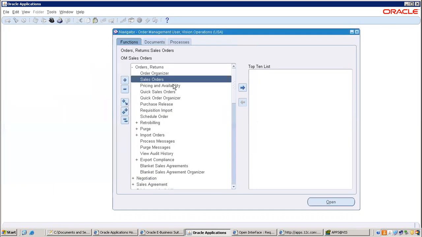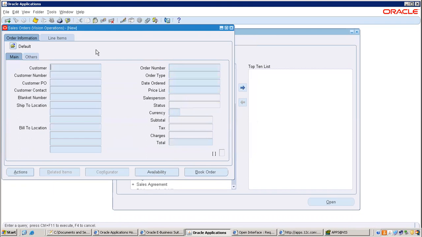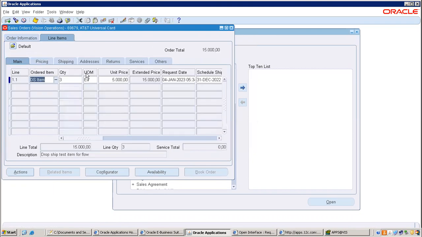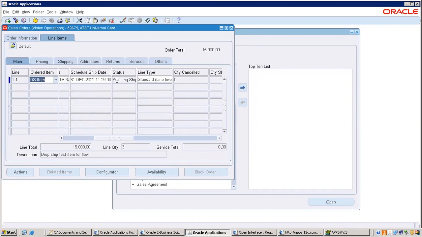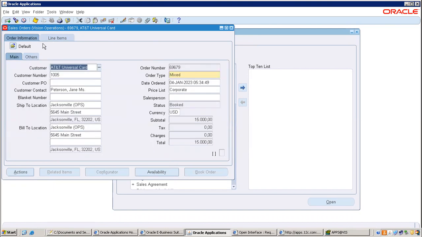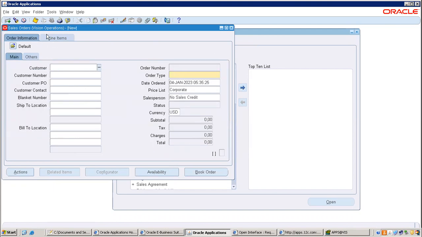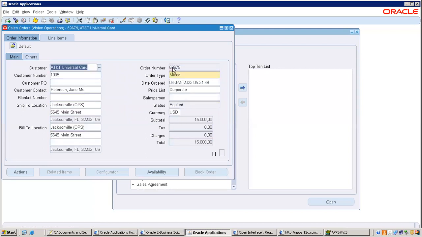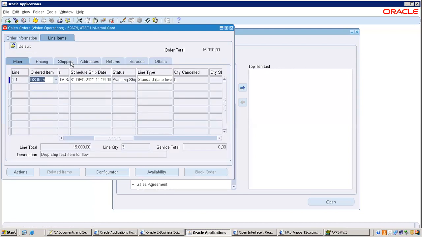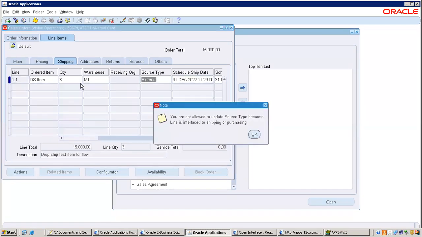What is the next? One thing we missed. Sorry, guys. If you go here, I think the shipping source type is external, and that is wrong, right? In the flow we missed it. Okay, let's change that. What will happen? Shipping source type is external.